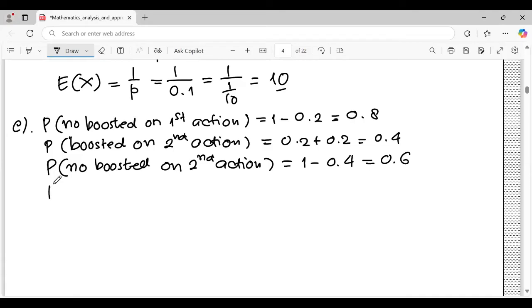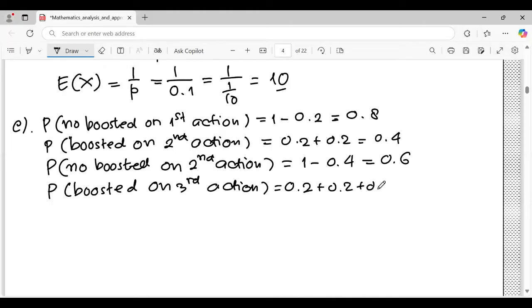And next, the probability of boosted on the third action means 0.2 plus 0.2 plus 0.2, or 0.4 plus 0.2. It is 0.6. So the probability is